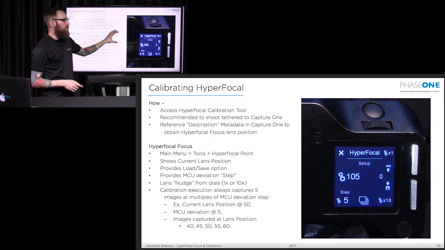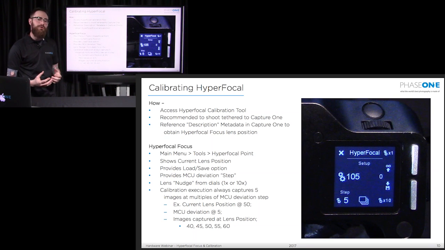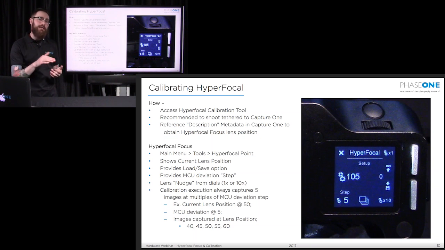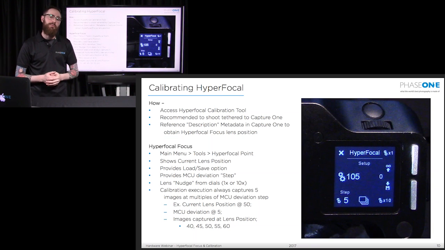The hyperfocal focusing tool, because it's a calibration tool, is not immediately accessible through the swipe menu of the XF or through any of the touchscreen shortcut buttons. It's actually in the menu itself. So you have to go to the camera menu, the tools, and then choose the hyperfocal focusing tool.